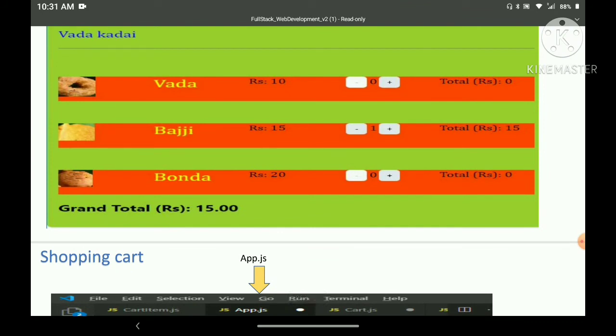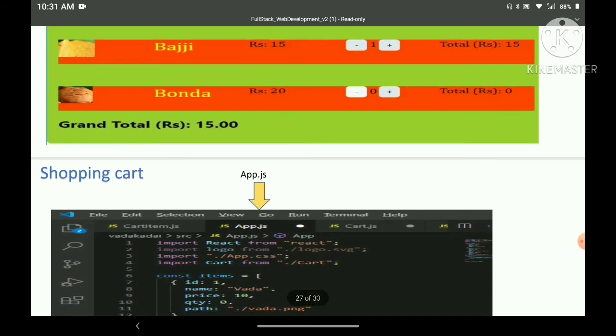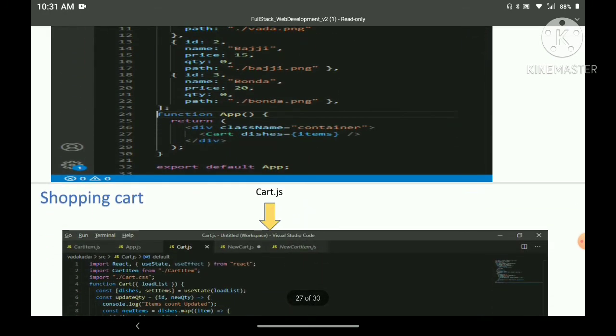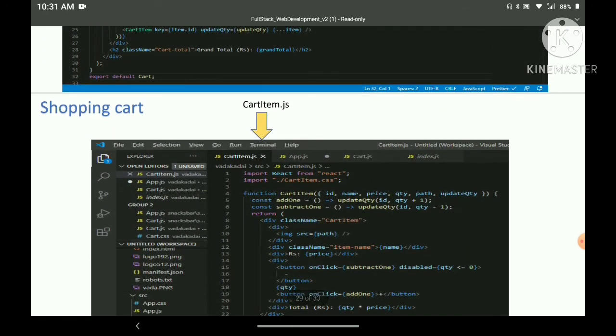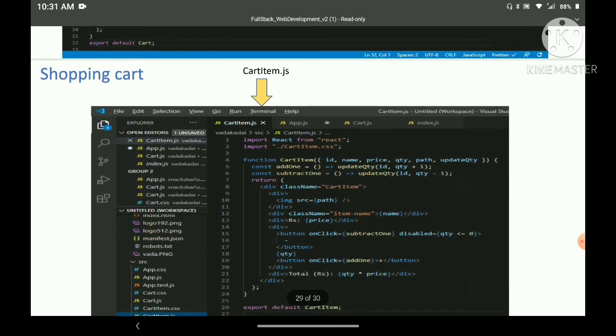Here, if you click the plus button or minus button, the plus and minus buttons are common for all the cart items, right? So I just changed our existing add one and subtract one methods here. If you go to the cart item.js, earlier we gave quantity plus one and quantity minus one.